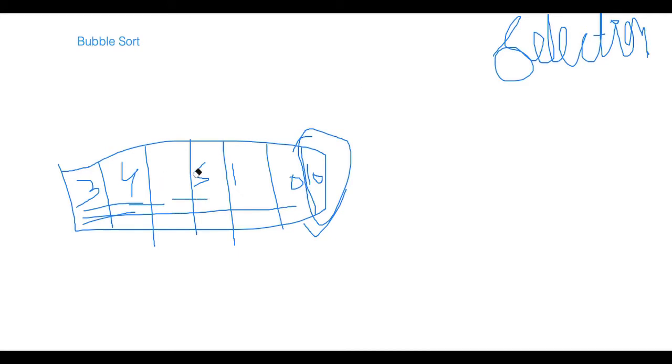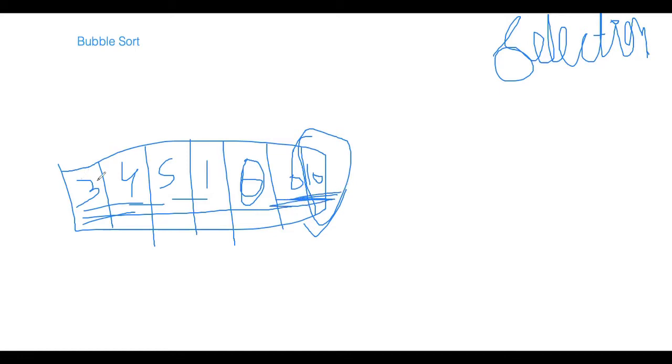right? So until the second last element becomes the first element, we need to keep on iterating the loop, right? So same here. So actually here it will be like 1 and 6. So right now what did we do? Now we have pushed the second largest element here, right? So right now out of this whole array, we have the last two positions as sorted, right?